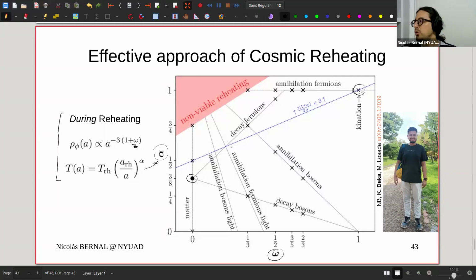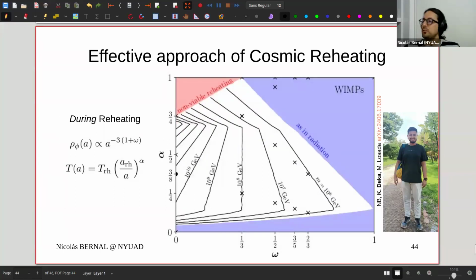So just to motivate that once you fix a model, you can compute all these parameters, and the possibilities are very large, right? So all that I showed you before will change as a function of the characteristics of reheating. And this was done with Marta Lozada, that you may know, and Kuldeep Dekha, who is a postdoc here working with us. And it's interesting to study this kind of plane, alpha as a function of omega, because